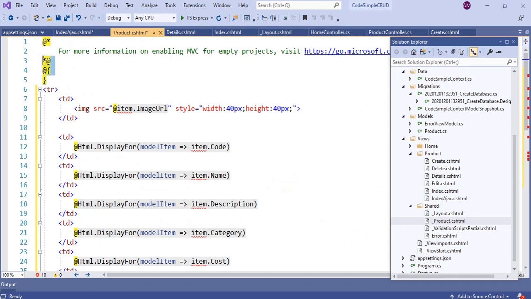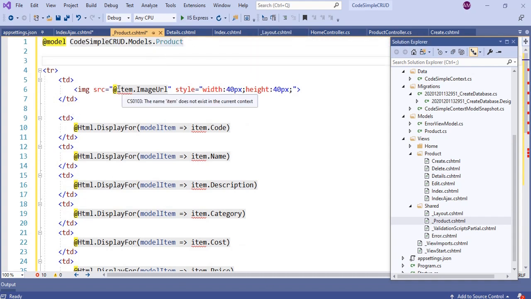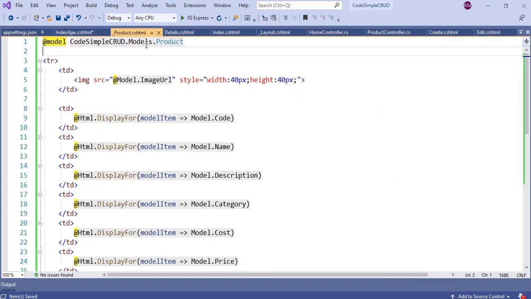Then bind the _Product.cshtml with the Product model by adding the Product model at the top of the page as shown. And then change all the item.PropertyName to Model.PropertyName as shown. Make sure the M is capital in Model.